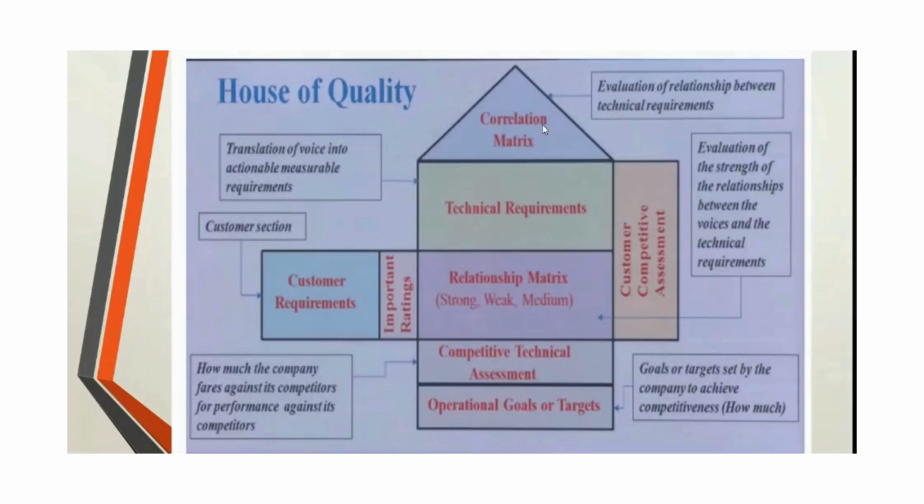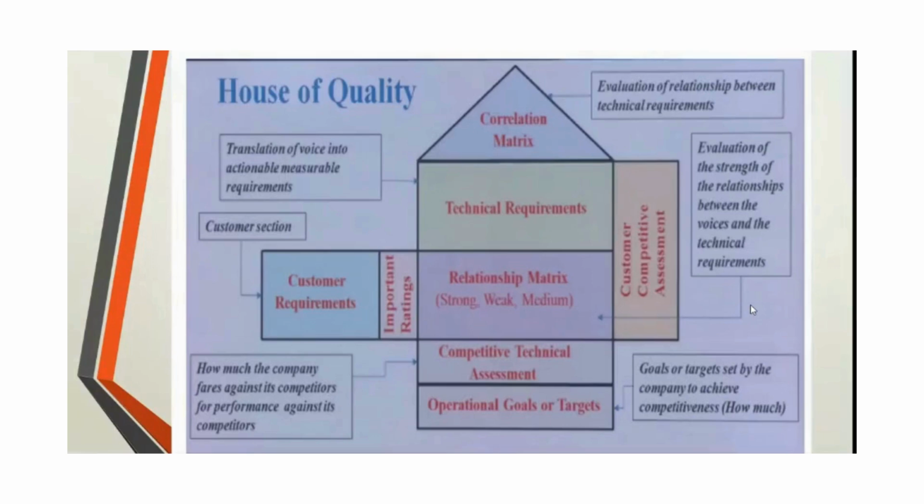Then you have a technical requirement, correlation matrix, evaluation of strength and relation between the voice and the technical requirement. This is the customer section, which is also called the horizontal portion. So this is the house of quality. You are representing the customer requirement with the